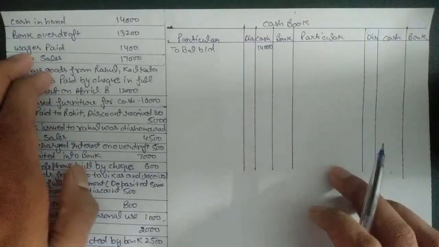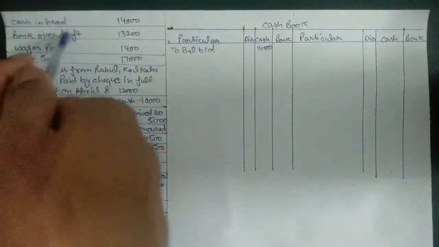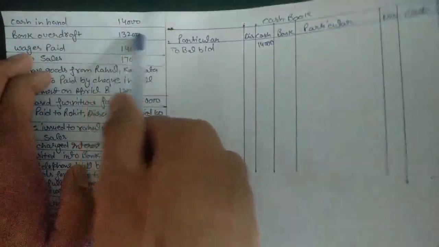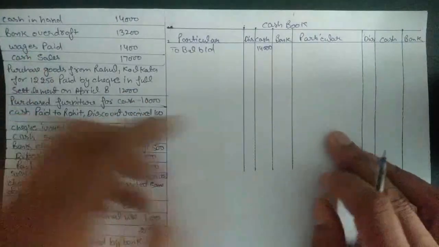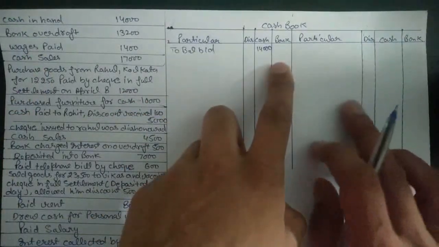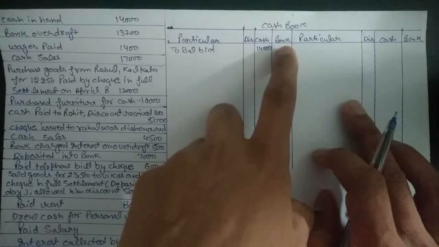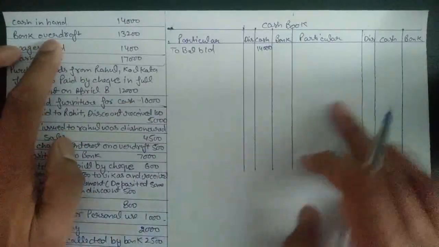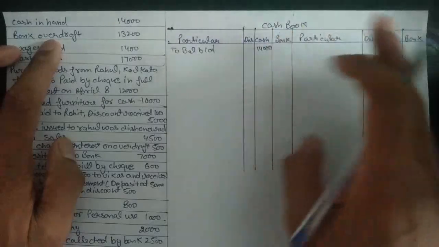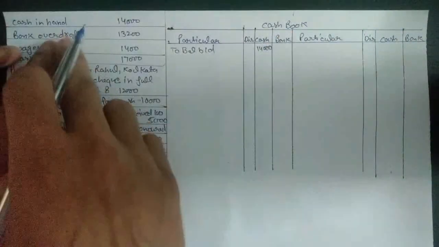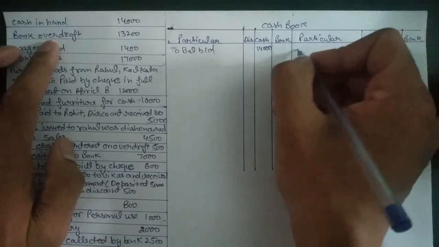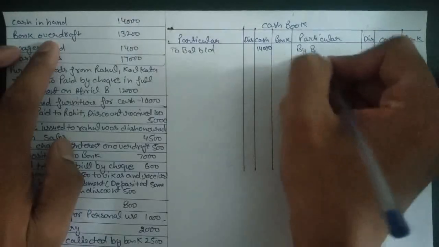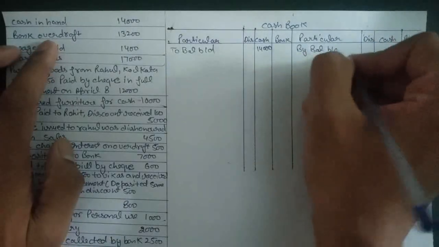So in this case we have a negative balance of bank account, that is 13,200. As we know, all assets have a debit balance, so accordingly the bank account balance should be here, but because this is a negative balance, which is bank overdraft, it goes on the opposite side. So for a negative balance it will go on the opposite side by balance BD